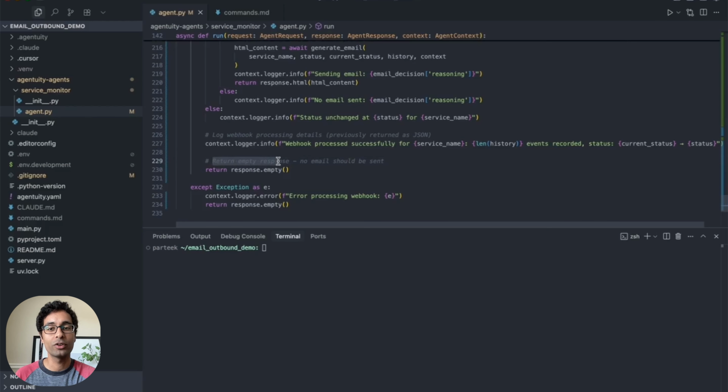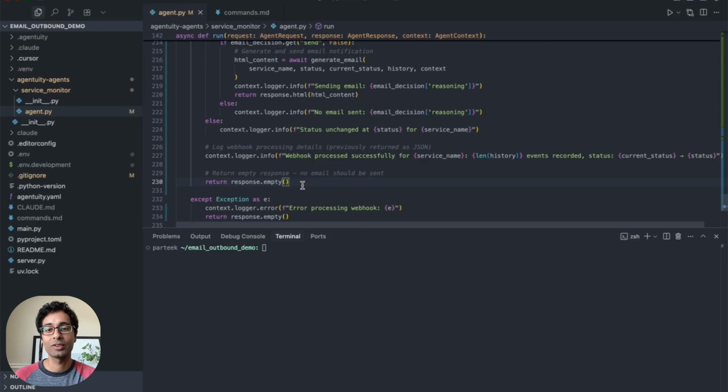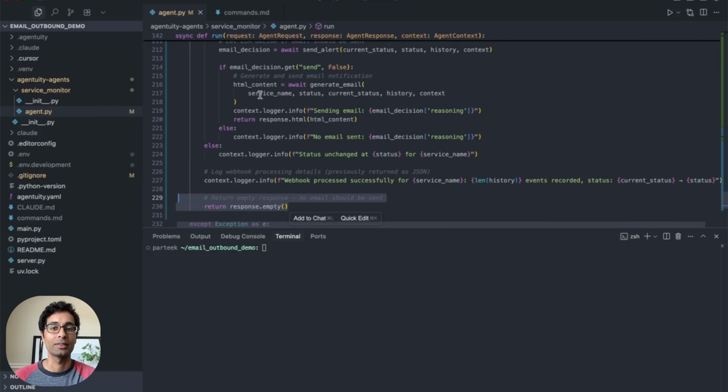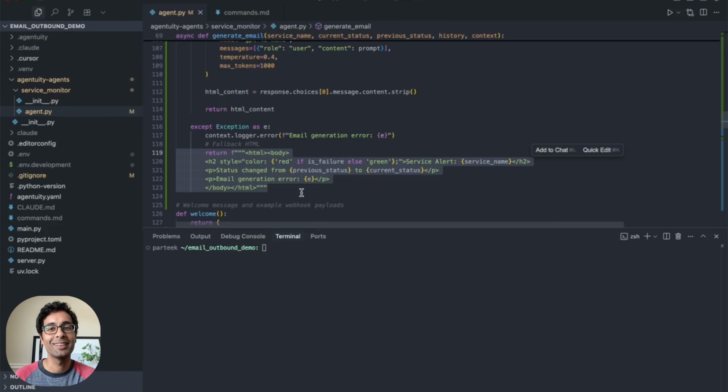It allows you to return an empty response when you're working with the Agentuity Python or JavaScript SDKs. And so for us in this project, we're just going to put that here. So in the event that we don't send an email, it'll come down here and just return an empty response. And we won't get an email with a report for every status update that we give it. So that's just a way to make sure your logic is nice and neat. But with all that being said, let's go ahead and start testing our agent to see if it can actually